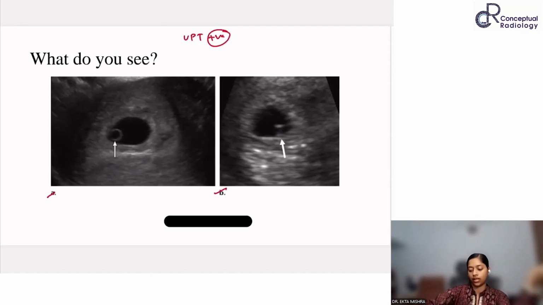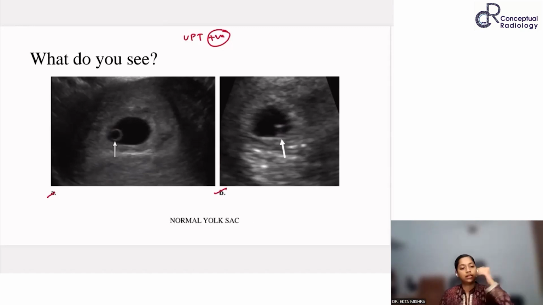This is also yolk sac. And these both are representing normal yolk sac. So when you're doing the scan, again, chronology. So eccentric G sac, then double decidual sac sign, and then you will have these tiny parallel echogenic lines, which will eventually show you a